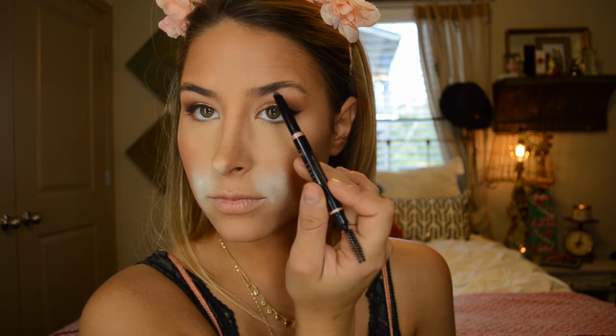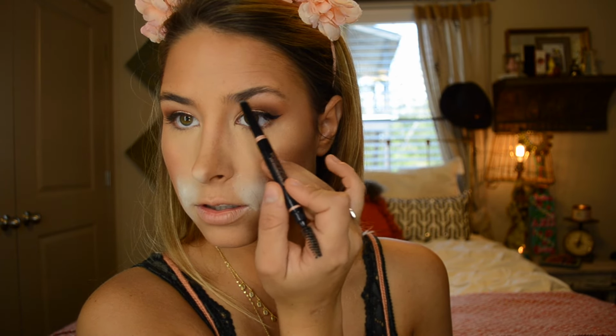So I have been ride or die for the Anastasia Brow Wiz, but I switched over to the brow definer like most have, and I love it just as much. For my tails, I use a different product, but for the very front of the brow, this is amazing. So I start, and I'm just going to do a little line like that